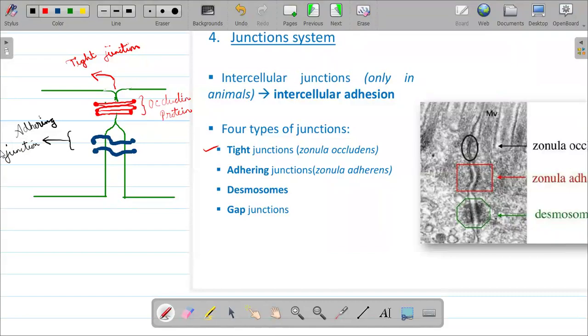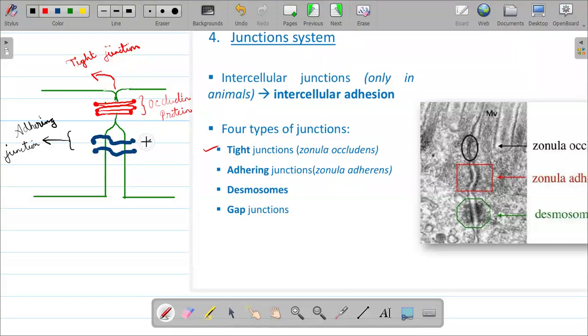Adhering junctions. Adhering means just joining. It just keeps the two cells together. It won't do anything else, only interlocking happens. And there will be an exchange of molecules because between this there are some free spaces, right? Here it is completely blocked, but here there are some free spaces. This is bound by a protein, sir, called